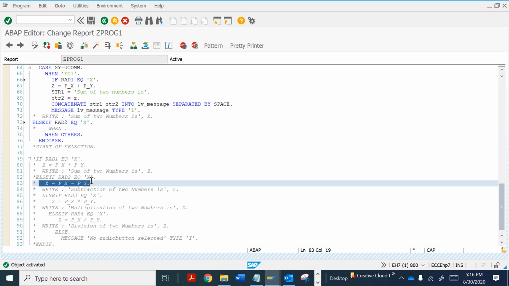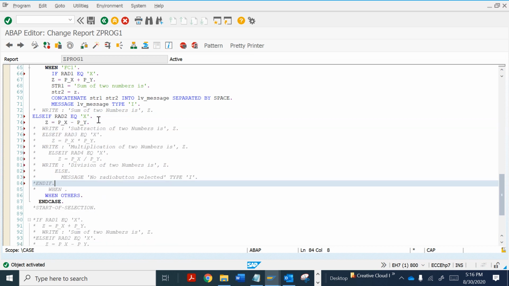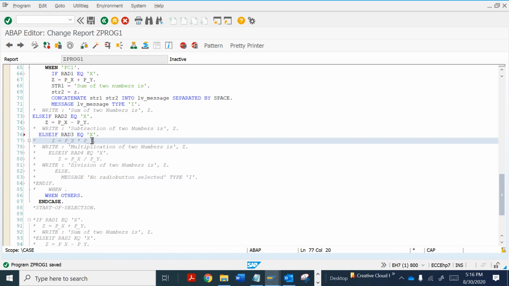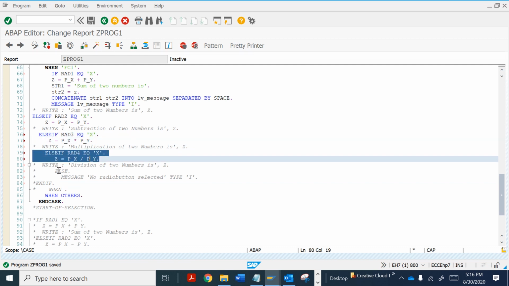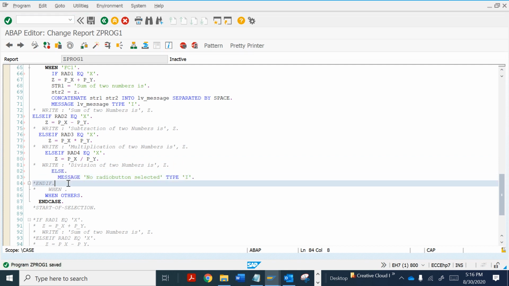For this, let me copy all these things after this. I want to perform this same operation. Let me check if there is any error. Okay, fine.